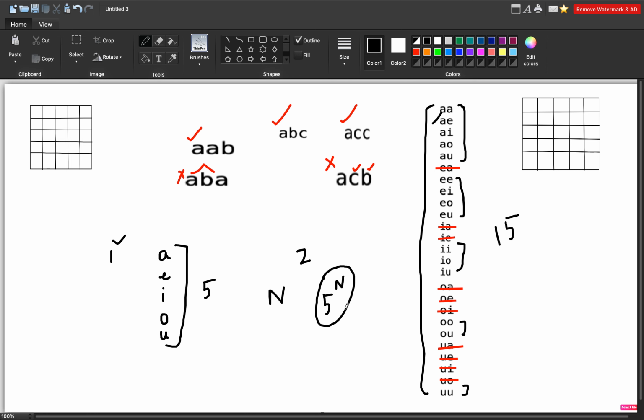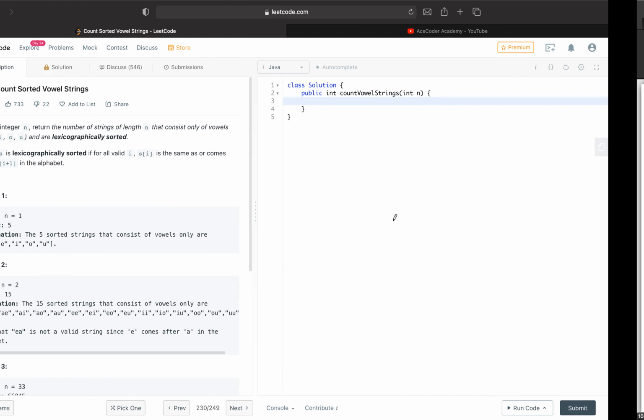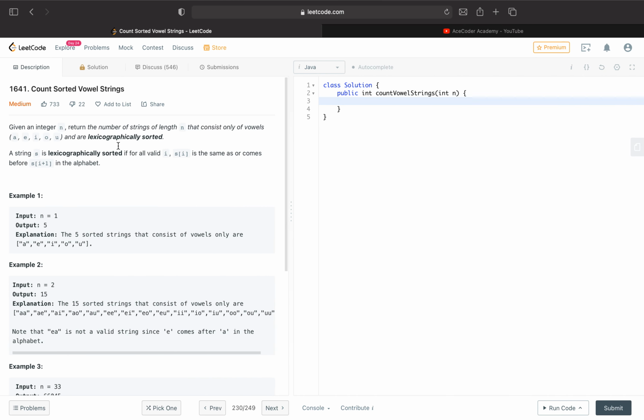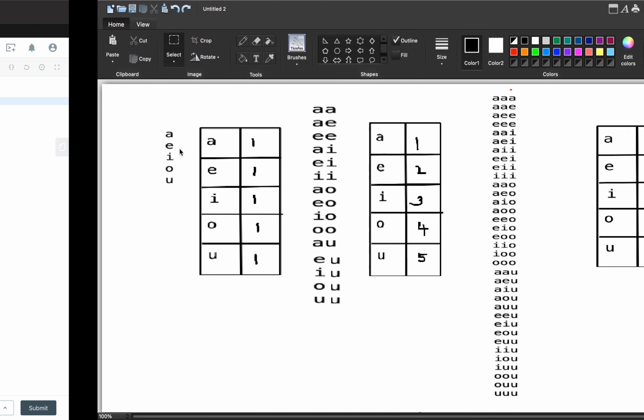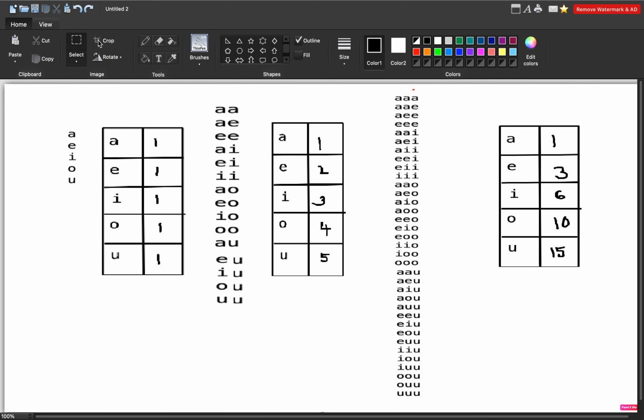So it is not feasible for us to code it directly. It can be coded, but we won't be coding it because it is a cumbersome task. So let's understand what else can be done. In these types of questions, since we have to return a number like the number of strings, always remember that in most questions like these, there is an observation in the question. If you do some test cases, then you will observe many things.